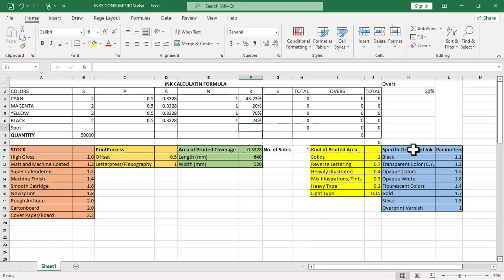Then let's come to the specific density of the ink. We are saying that if you have transparent colors like the process cyan, magenta, yellow, it is 1.3. So 1.3, 1.3, 1.3. Then if you are using black, the specific density is 1.1. So the total ink required, we need 26 kilos of cyan, 11 kilos of magenta, 42 kilos of yellow, 12 kilos of black to be able to print these